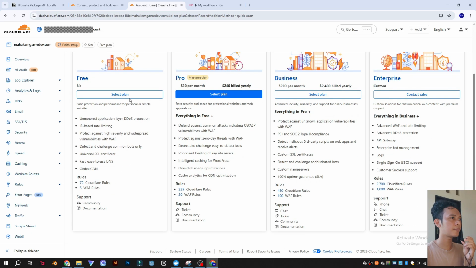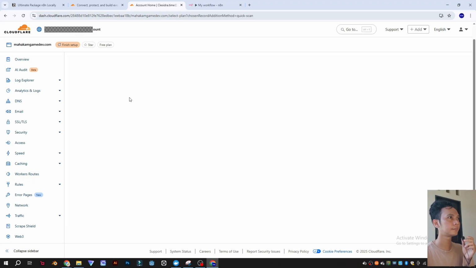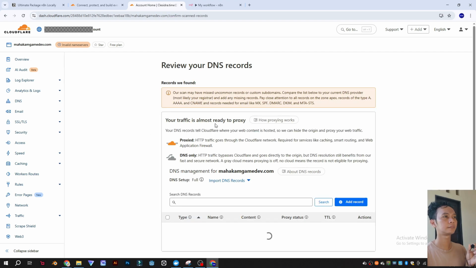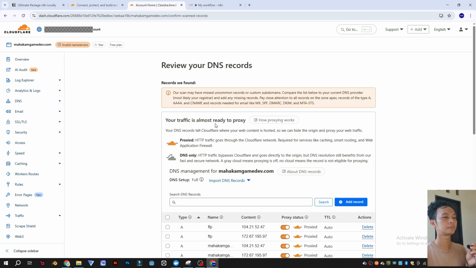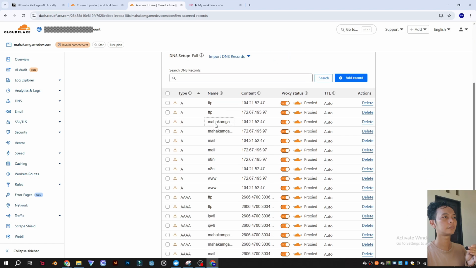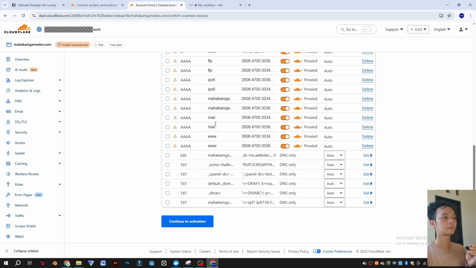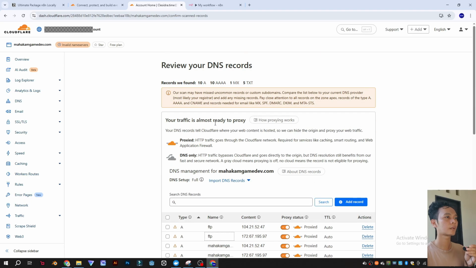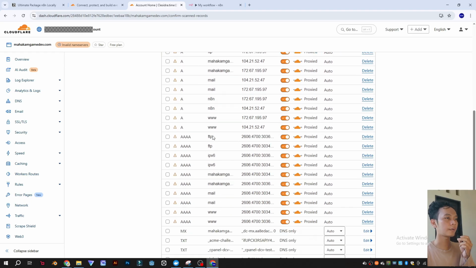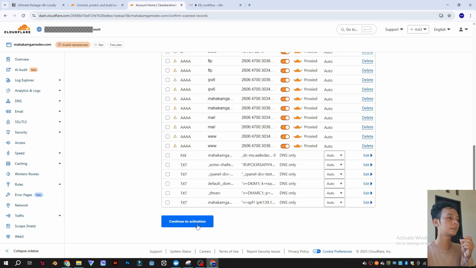Just select the free plan. So you can continue activation here.